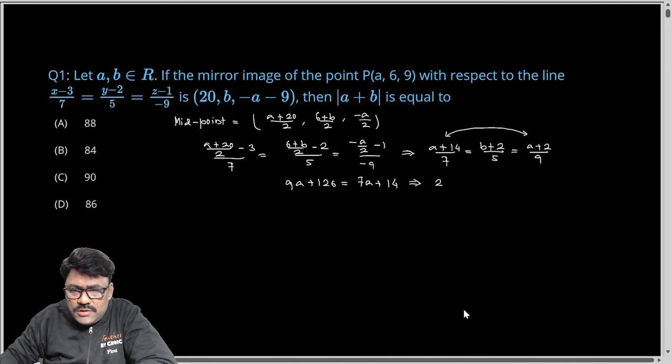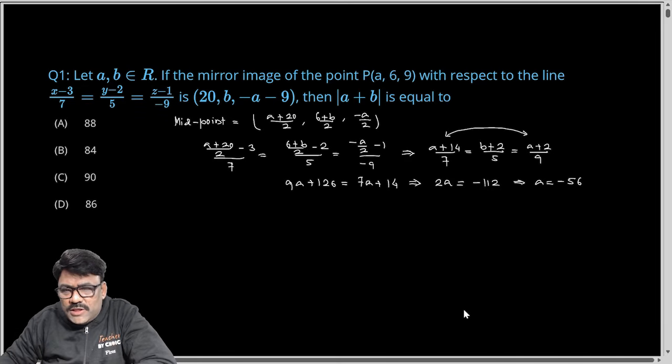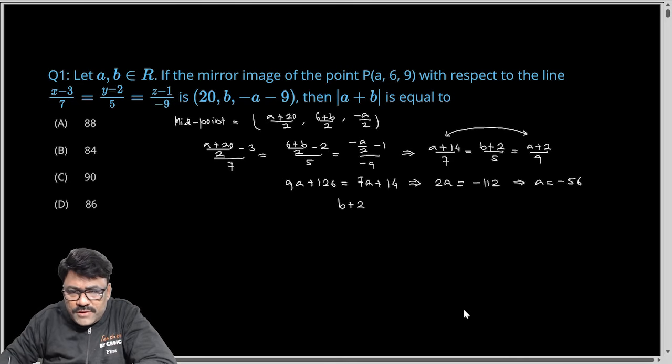So hence 2a, 14 minus 126 is minus 112. So a is minus 56. Now if I put a is equal to minus 56, I'm getting b plus 2 by 5